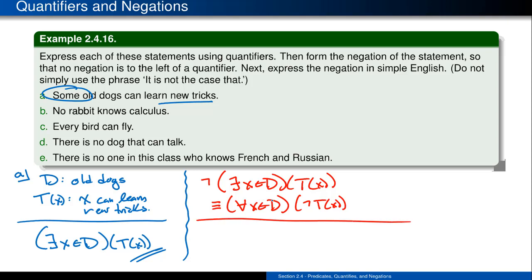What that's going to read then, if you put that back into English, is for all dogs in the set, or for all X in D. The idea is that every single possible dog is going to have this ability. And what's that ability? It's going to have the ability to not learn new tricks. So you're going to say that all old dogs